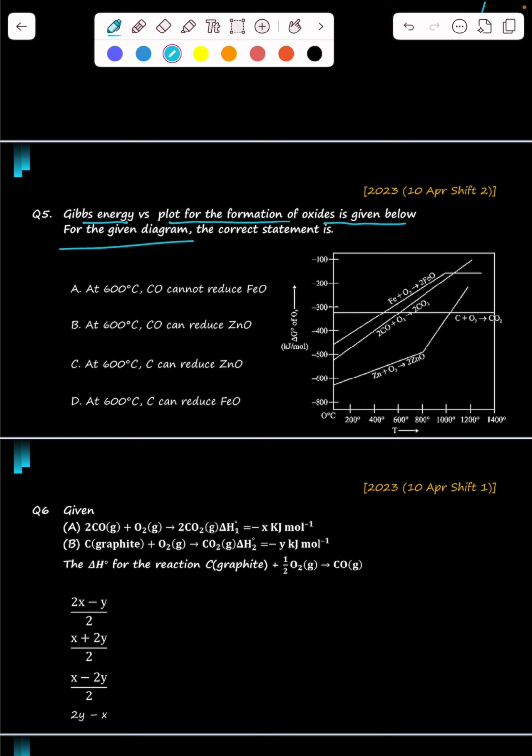तो देखो यहाँ पे ये गिब्स फ्री एनर्जी दे रखी है और यहाँ पे टेम्परेचर. जितना गिब्स फ्री एनर्जी नेगेटिव होता है उतनी रिएक्शन स्पॉन्टेनियस है. तो ये सारे जितने चल रहे हैं, ये देखो -400 के नीचे है, ये भी है। तो जितने बॉटम साइड चल रहे हैं, मतलब गिब्स फ्री एनर्जी उतनी ही नेगेटिव चल रही है। और जब ये क्रॉस कर जा रहे हैं, ये इंटरसेक्शन पॉइंट जो है, तो उस समय उनका गिब्स फ्री एनर्जी, जैसे फॉर एग्जांपल जिंक ऑक्साइड चल रहा है नीचे और यहाँ पे CO2 को क्रॉस कर गया।